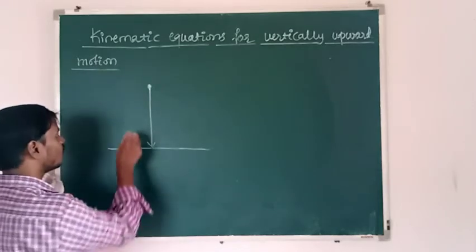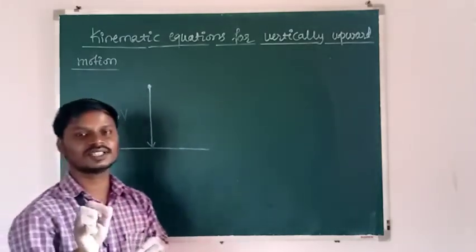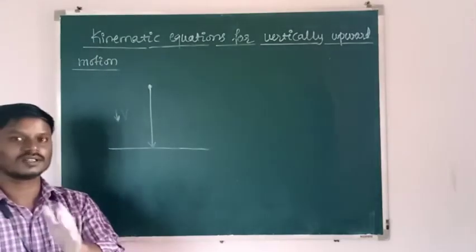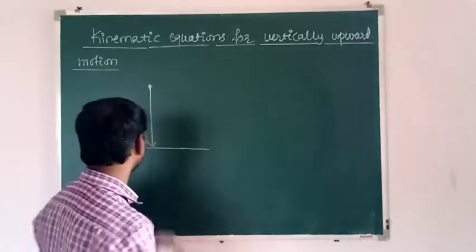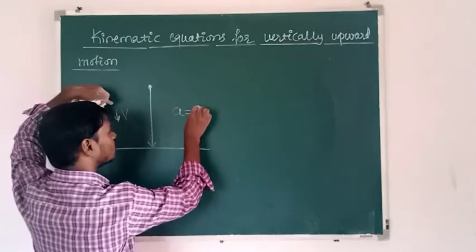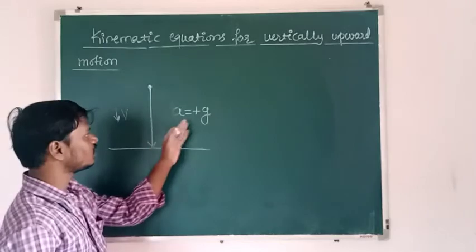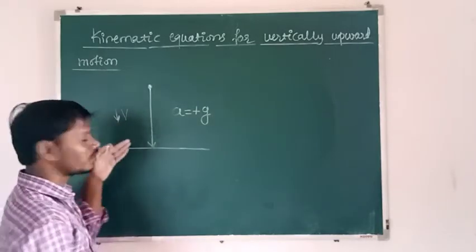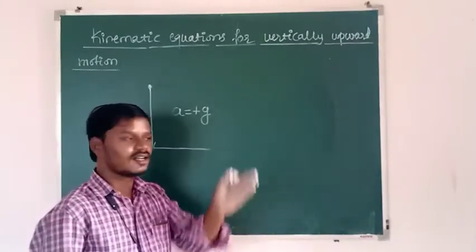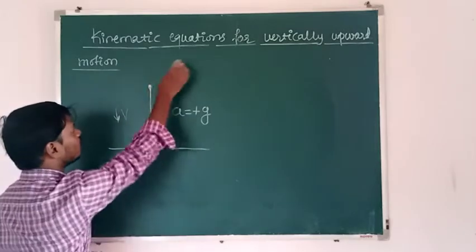As the body is falling down freely, the velocity is in downward direction. Then always the acceleration due to gravity is in downward direction. Why is the acceleration due to gravity in downward direction? Because the gravitational force is in downward direction. Means the velocity of the falling body and the acceleration are both in the same direction. Then acceleration can be taken as positive. As the body falls down, its velocity increases, so the acceleration can be taken as positive in case of free fall.